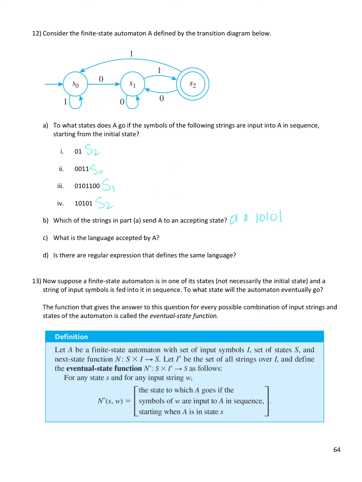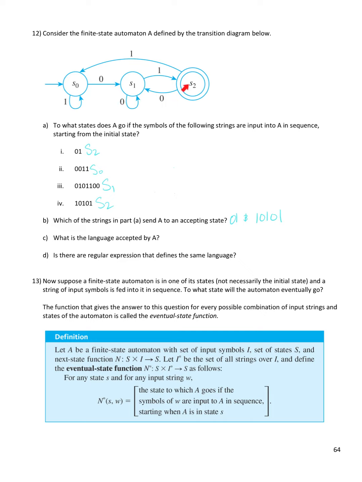But then from S0, how do I get to S1? The only way to do that is to get a 0. So I could go 0, 1. I could get any number of zeros at S1 and stay here. So I could have 0, 0, 0, 0, 1. And when I start at S0, I could get any number of 1s, 1, 1, 1. When I finally get a 0, I'll go to S1. I can stay there for a while with zeros, but when I get a 1, I go to S2. So anything that ends with 0, 1, it could be a bunch of 1s, then a bunch of zeros, then